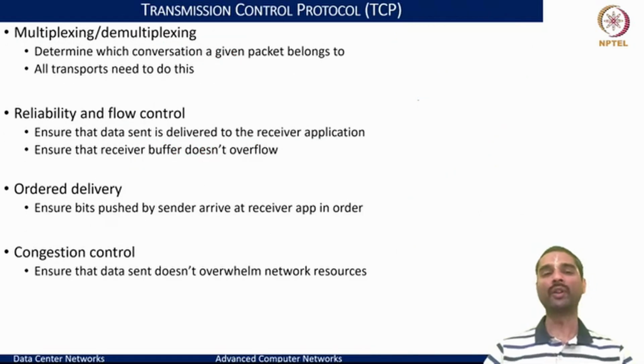Hence, if we see TCP, the key characteristics that it provided included multiplexing and demultiplexing of the services. That means at the end hosts, we could run multiple TCP connections and ensure that different applications use the same TCP stack but with different port numbers. So I could run the mail service, I could run the web browser, I could run the FTP service. All of those could use the same transport stack underneath, and you would multiplex and demultiplex the streams when you process them through IP and get them to the other end.